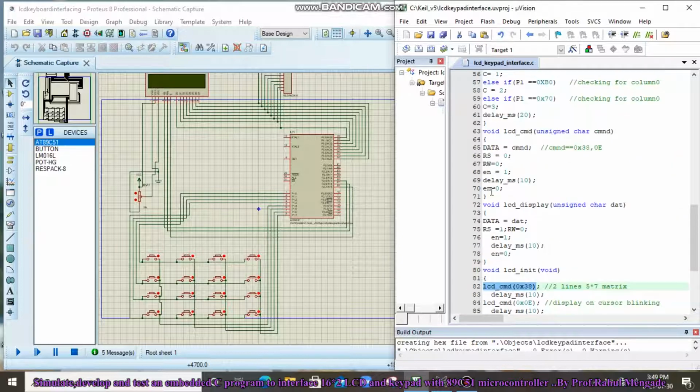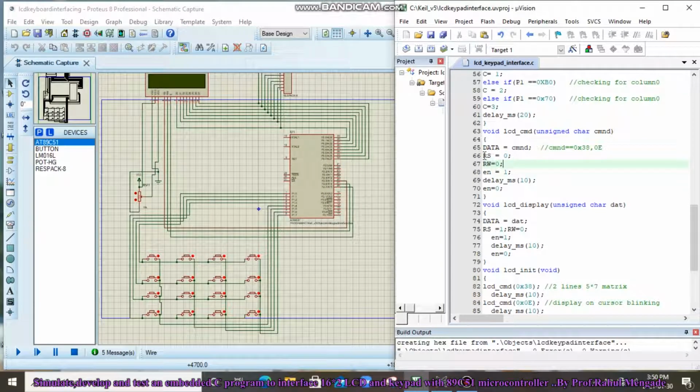In LCD CMD, the program will come here and execute this. The data is equal to CMND, that means we have passed the 0x38 value, so the 38 value is passed to data, that means from port 0 the 38 value is passed to LCD, right?